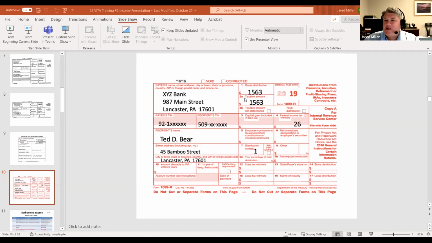Another important piece is box 2A, which is the taxable amount. So oftentimes you may see box 1 and box 2A being identical. That's perfectly fine. If box 1 has an amount and box 2A is blank, we'll tell you what to do in that one. If box 2A is different from box 1, that may be fine as well. Typically, we may see that there's some element here in box 5, which would be the employee contribution to a retirement account. So that part is going to be a return of capital that will not be taxable to the employee. So what we see is we're going to enter the information on box 1.